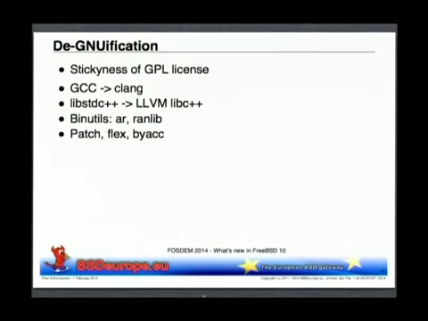Then in FreeBSD 10, ar, the archive manager, ranlib and some other tools have been replaced by tools that are BSD licensed, or at least have a more relaxed license. On the non-development side, we already had libarchive, which is a library that can read and write all kinds of archives like tar and cpio and I believe zip and some others. And utilities like tar and cpio have been re-implemented on top of that library,